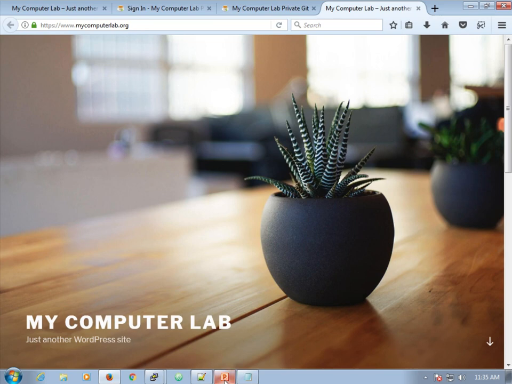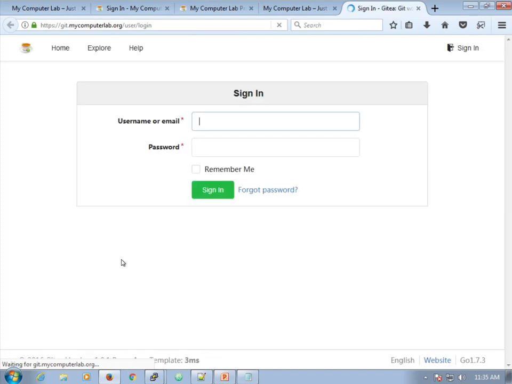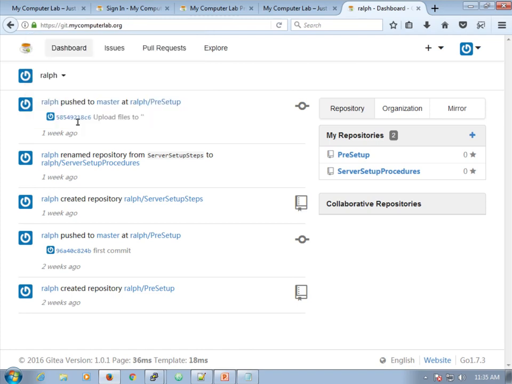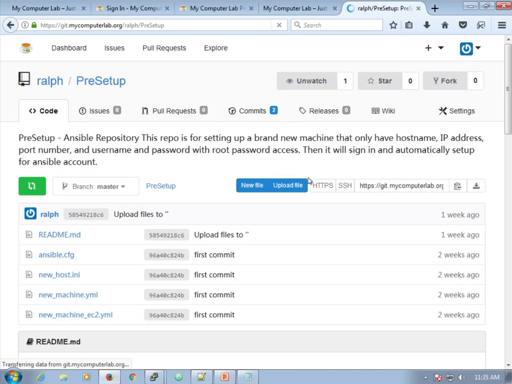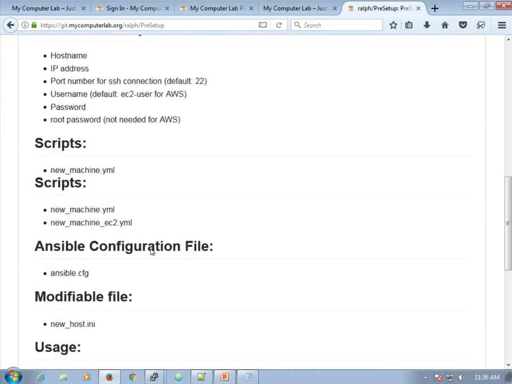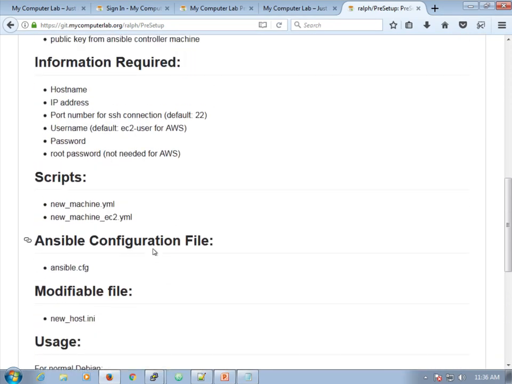So you're actually seeing it, and this is how I deploy it too. And this is some of how I did it, and this is my information about how